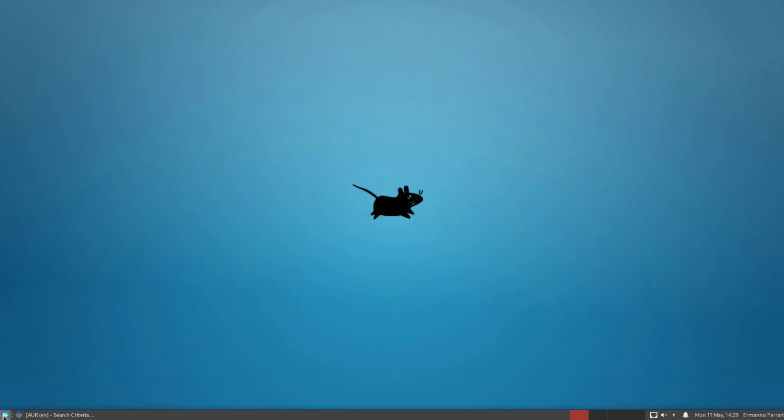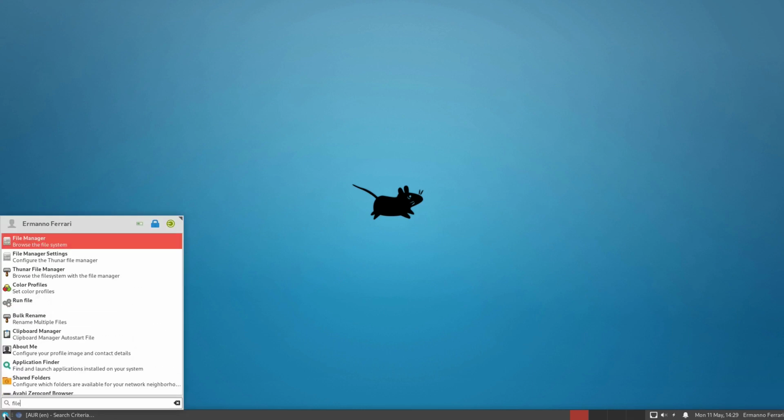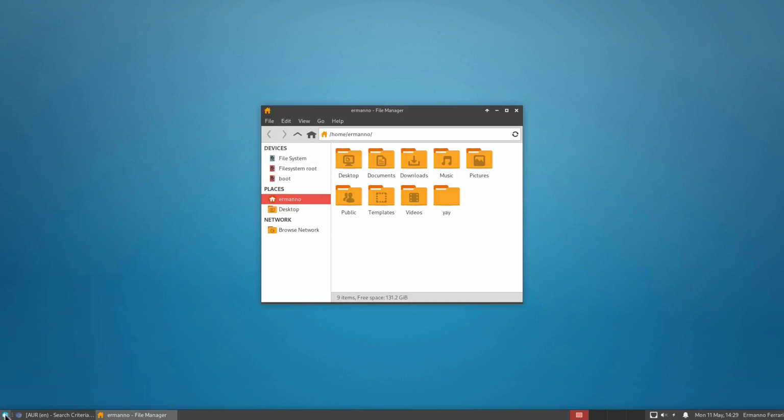So let's open up, for example, the file browser here. Let's type in file browser. There you go. You see also the icons are completely different. The design is very nice as well. So this is one customization we can do. Let's go ahead and install something else